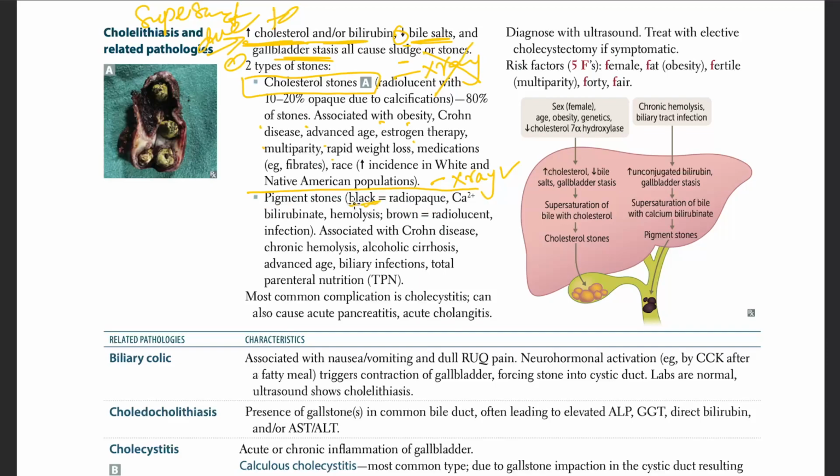If you have pigmented stones, either black or brown, the black stones are radio-opaque, and they are formed by calcium bilirubinate and hemolysis. Browns are radiolucent. What was radiolucent? No X-ray. And infections are associated with brown stones. All of them are associated with Crohn's disease, hemolysis, alcoholic cirrhosis, advanced age, biliary infections, and